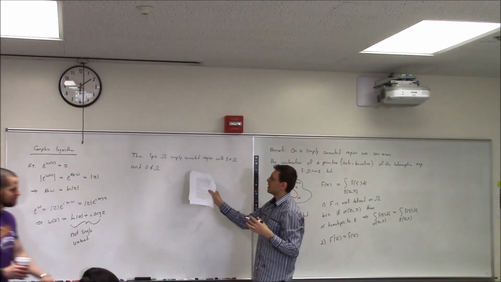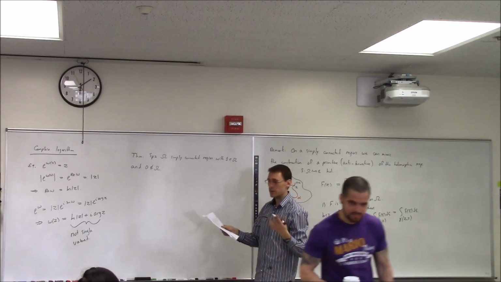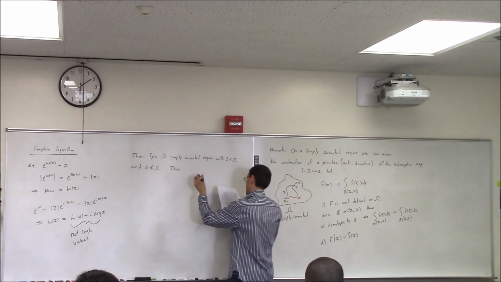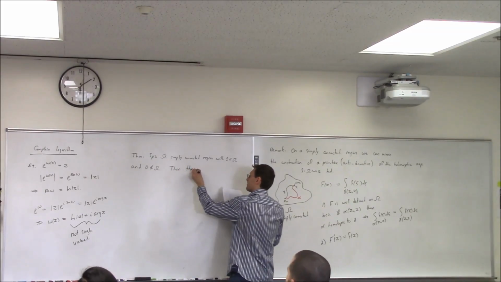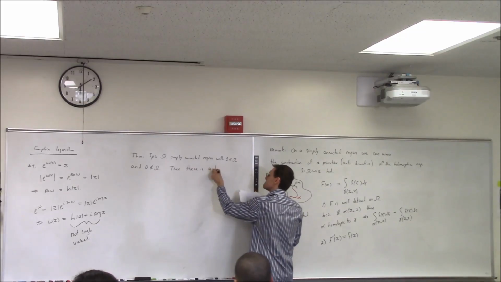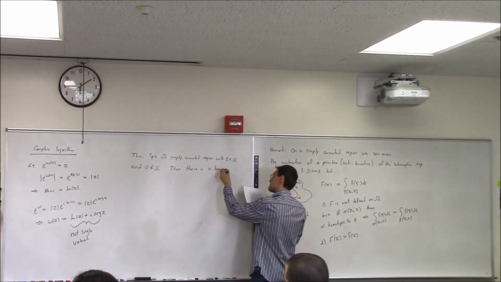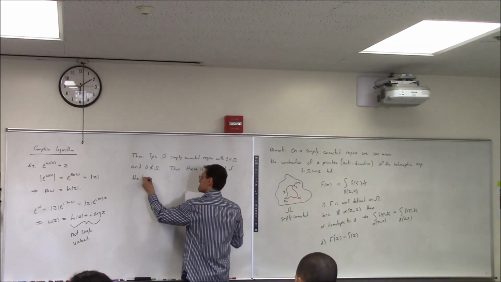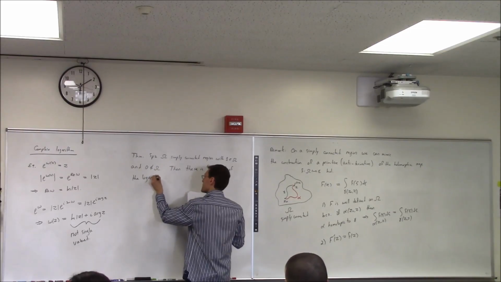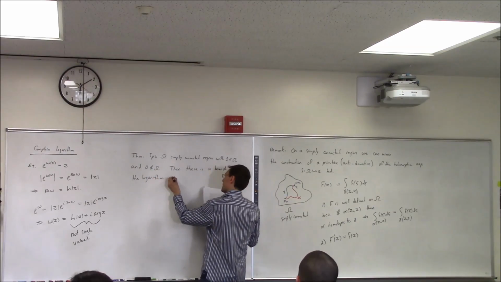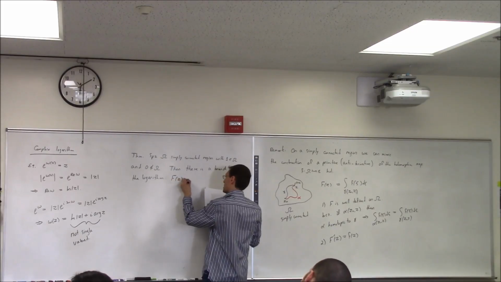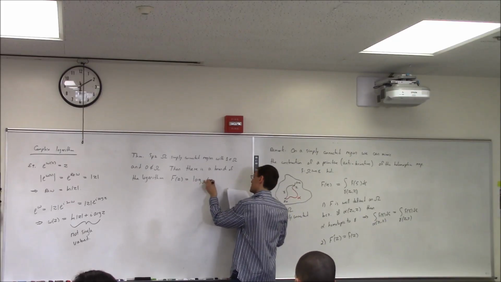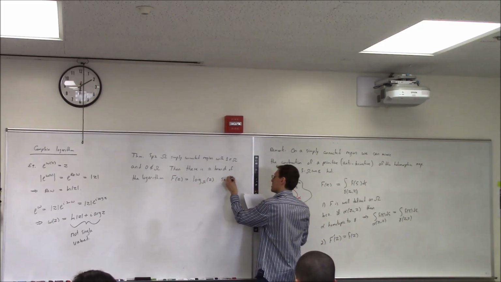So we are saying if we take any simply connected region that contains 1 and avoids 0, then there is a branch of the logarithm, and we can call this capital F of z equal to log at omega of z, so that